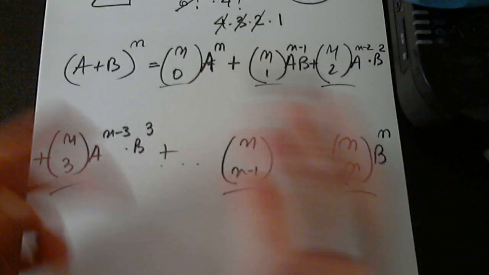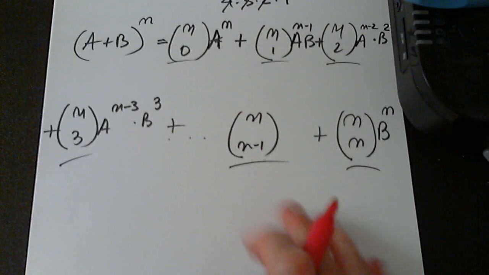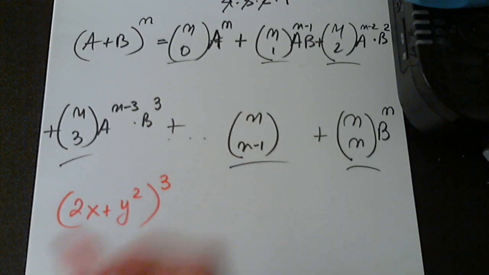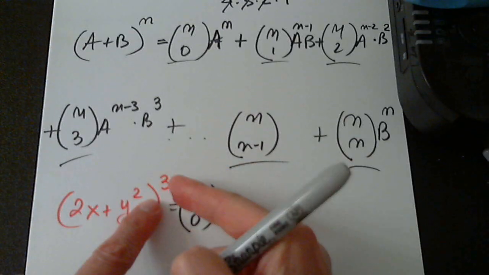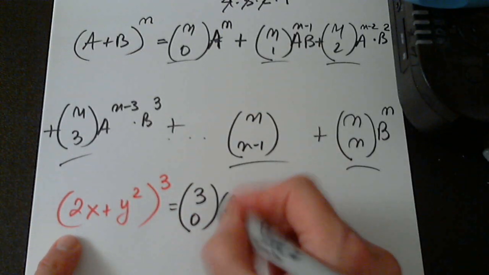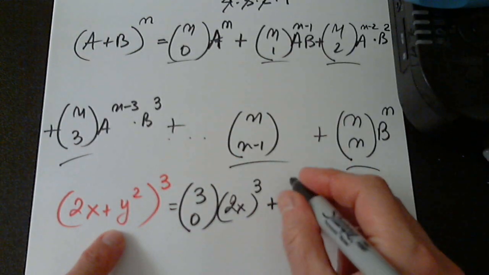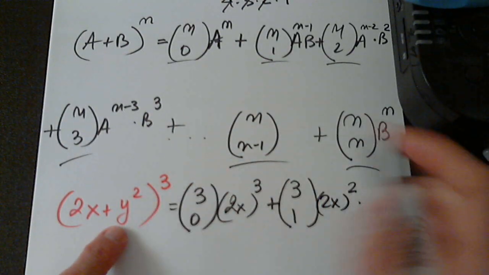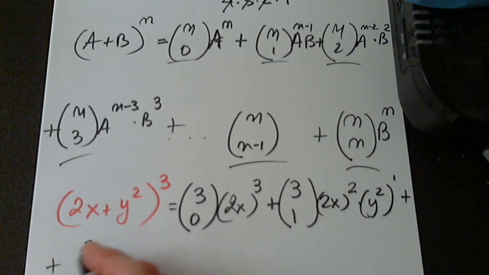So this is very abstract, kind of difficult to comprehend. Let's look at a very simple example. Let's say 2x plus y squared, to the third. Okay, so I have 3 choose 0, 2x to the third power and no y, plus 3 choose 1, 2x decreases its power to 2, and then y squared pops up to power 1, plus 3 choose 2,